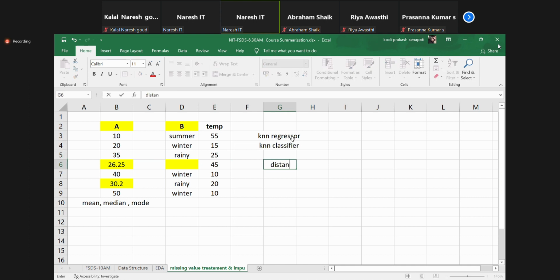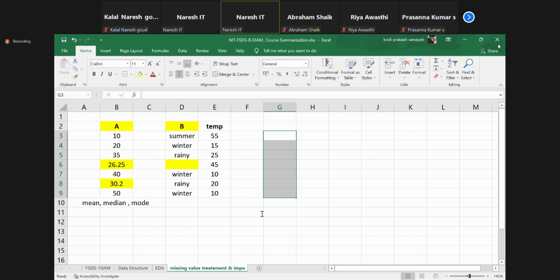So how is all this done? Based on distance matrices. What are distance matrices? We have Euclidean distance and we have Manhattan distance. We have many distance matrices. I need to talk about the math inbuilt when I start the KNN algorithms, guys. Do you understand, team? Great. Now let's close it. Everybody's getting my point.